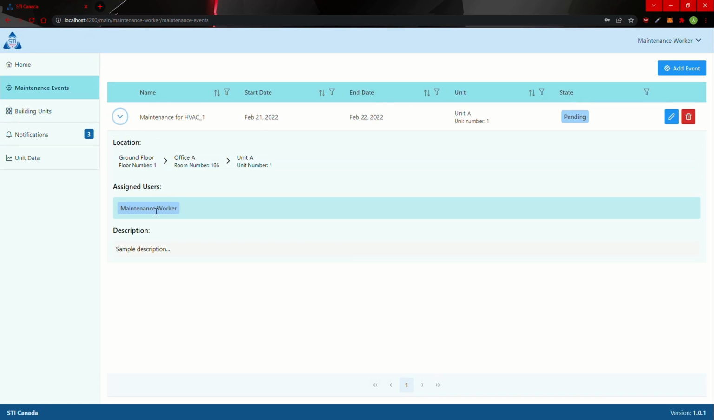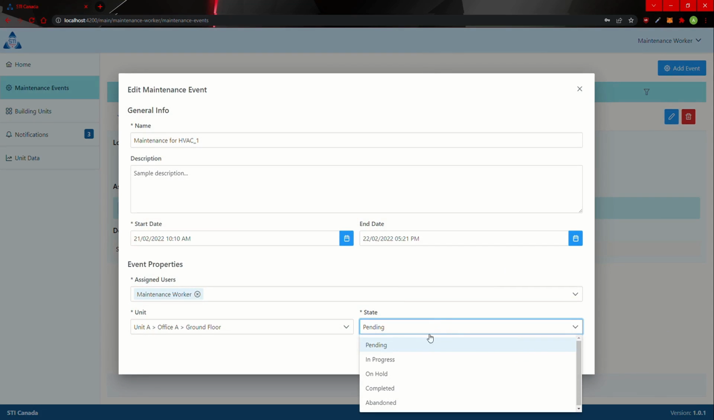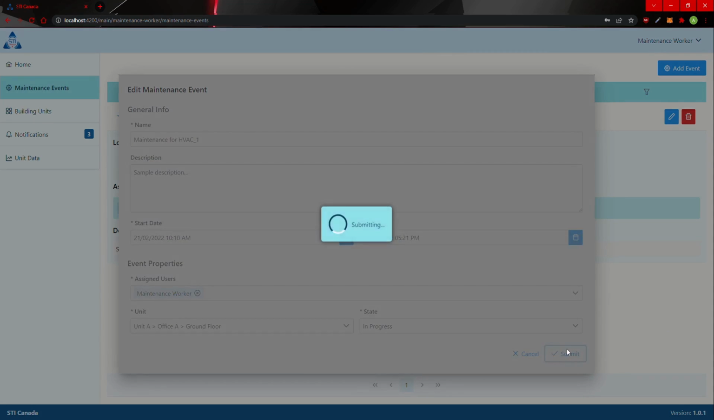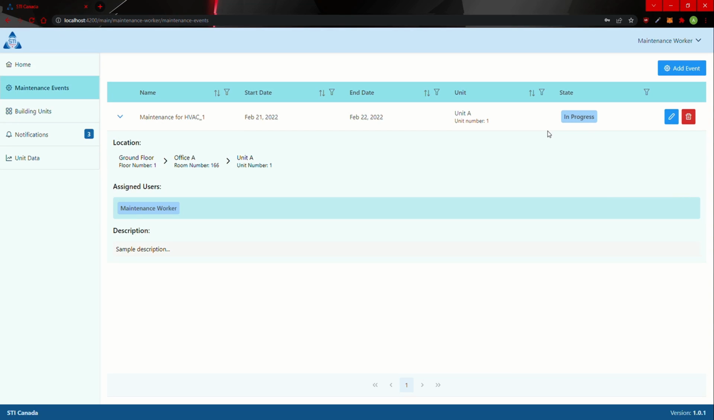If we expand it, we can see all the details. We see the event is at this location. These are the users who are assigned to it. It's just currently me, this maintenance worker, and we can see the description there. So this is the point where the maintenance worker would actually go ahead and perform physical maintenance on the device. And as they do that, they might want to update the state here. So I can change it from pending to in progress